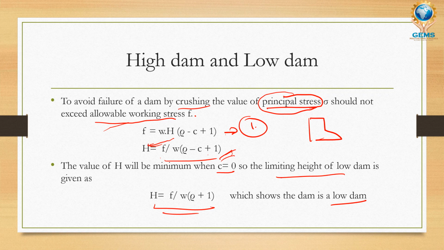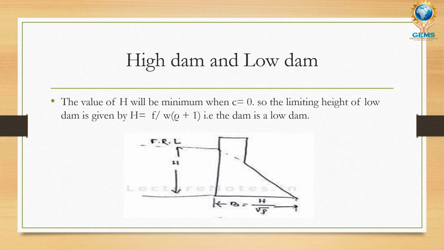In this slide I am going to explain the low dam. I mentioned in the previous slide what a low dam is and how the H value should be taken for a low dam. The same thing I am going to explain in a diagram. You may see this is a low dam. Here, this is the CG point, and a weight W acts here, exerting a force at a height of h by 3.